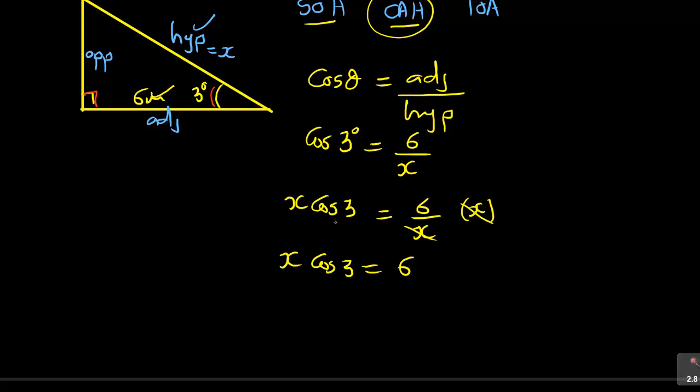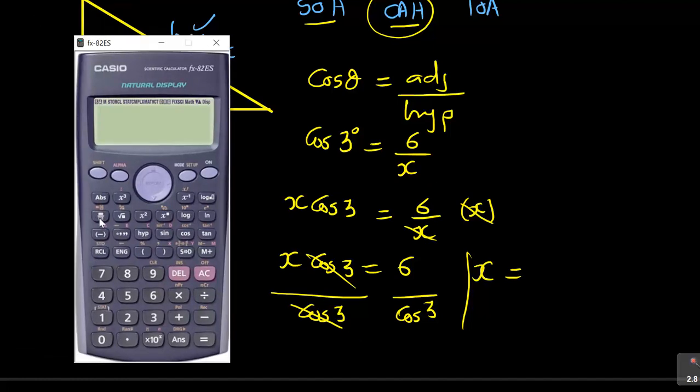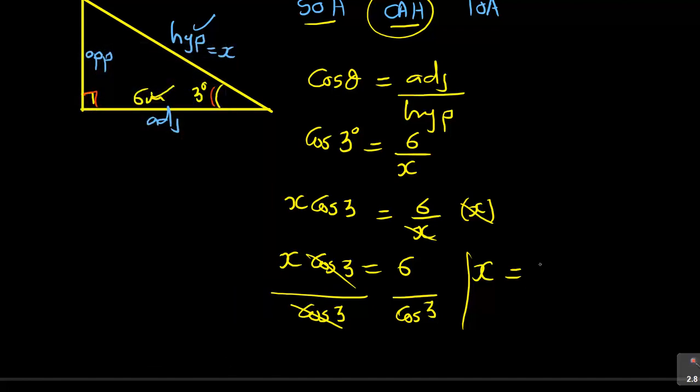First of all, cross multiply like I did. Then you don't want cos 3, so divide by cos 3 on both sides, so that you are left with x alone. And then the calculator comes in handy there: 6 over cos 3. And then the answer is